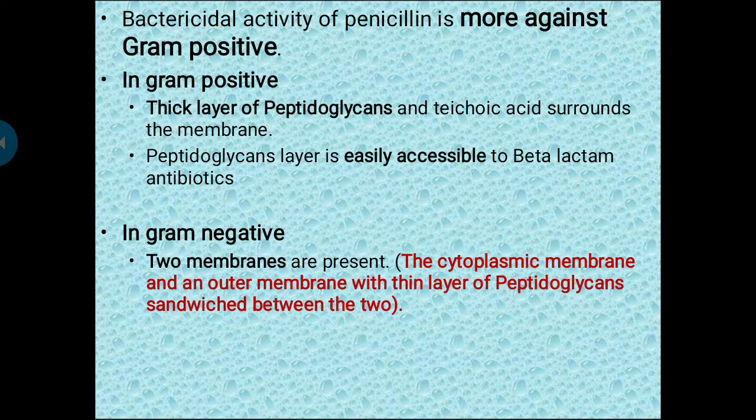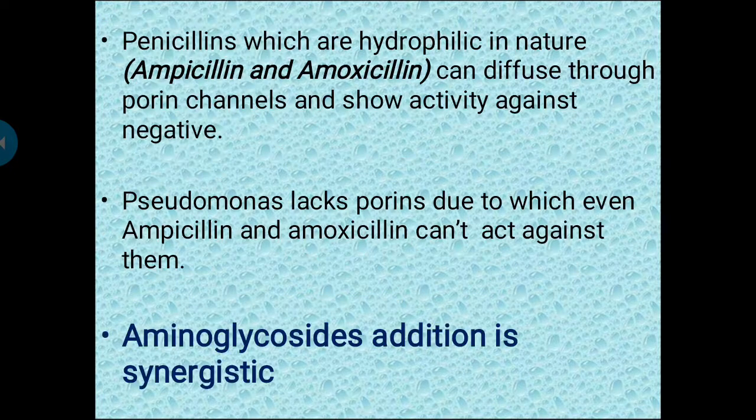Sometimes there is difficulty in entrance into the gram-negative because of the outer membrane protein and lack of protein channels, and also gram-negatives express the beta-lactamase enzyme, which rapidly destroys the beta-lactam drugs after entry. This is the reason beta-lactam drugs are not so effective against gram-negative bacteria. Penicillins, which are hydrophilic in nature, such as amoxicillin and ampicillin, can diffuse through the protein channels and show activity